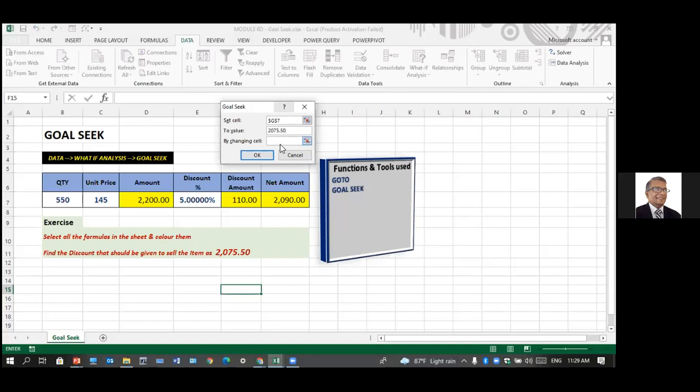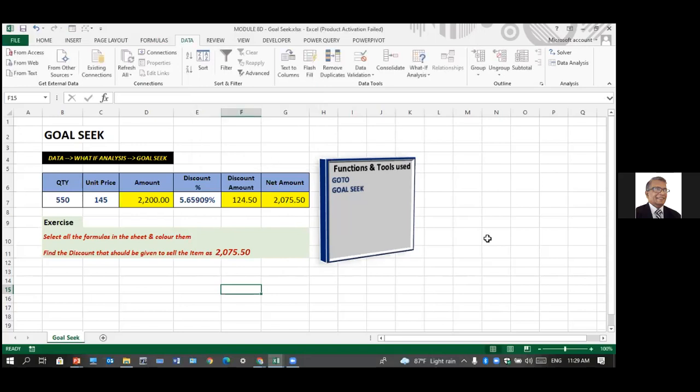By changing, now why I colored these: you can't use any of these because these are formulas, the yellow ones. So you have to use this or this or this. The most appropriate is this. By changing this cell, see what happens. You have to give 5.65909 discount percentage to sell it at 2075. Very useful.